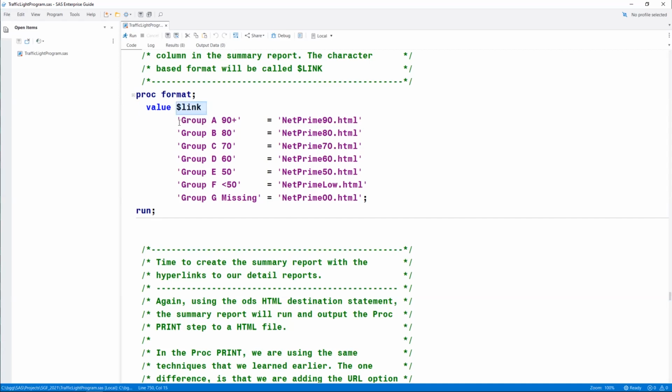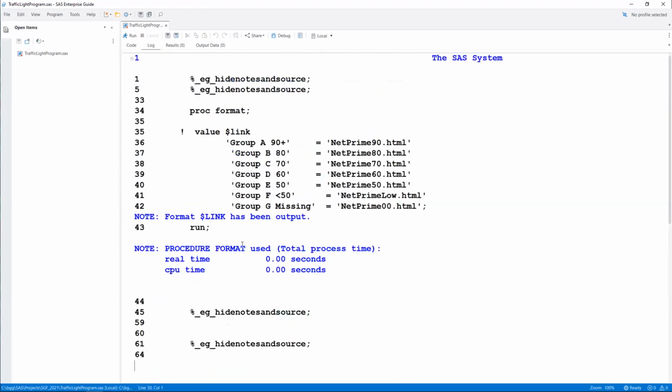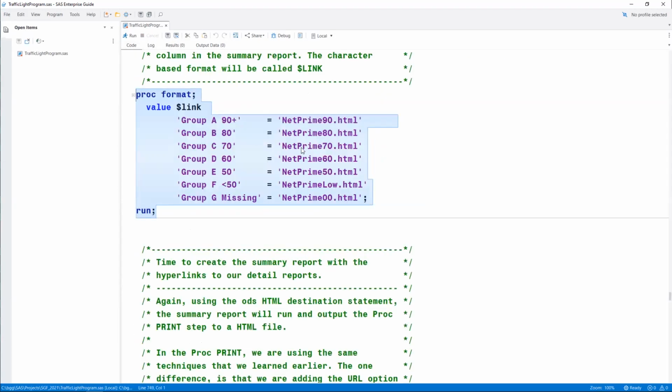And whenever you have character data that you're trying to transform, you need to put a $ sign in front of the name that you create your format with. So here's my value statement, and $link is the name of the format. Let's go run this and get it out there. Perfect. $link has been output.